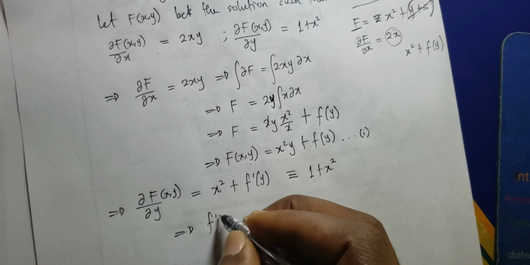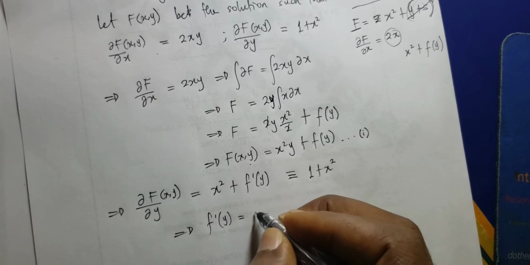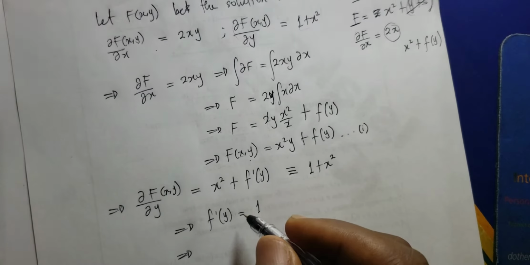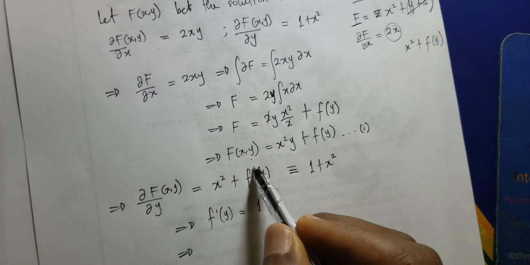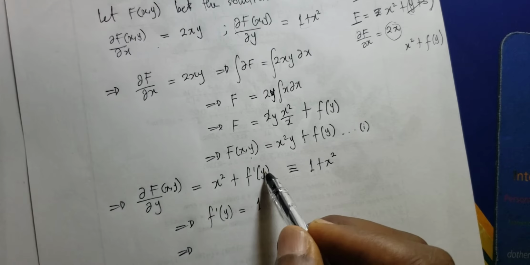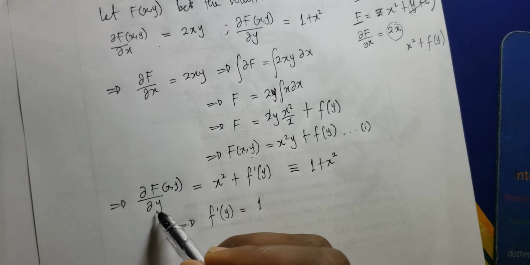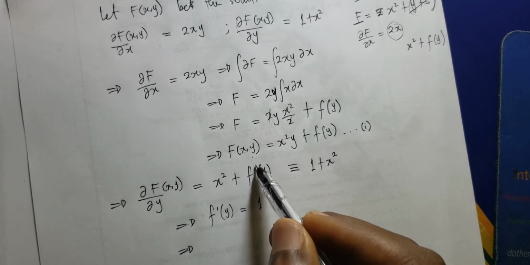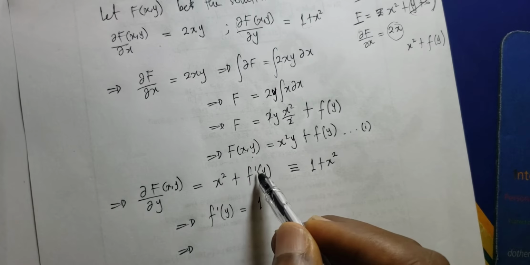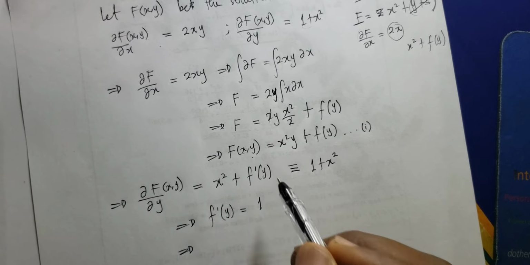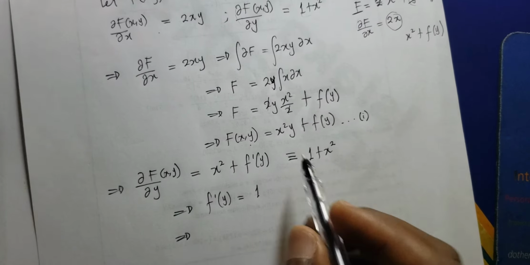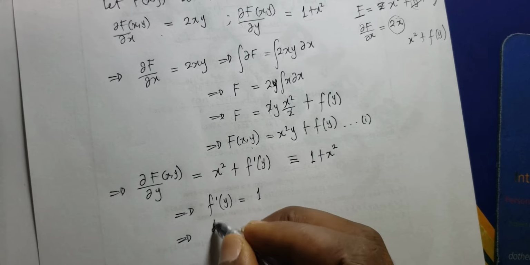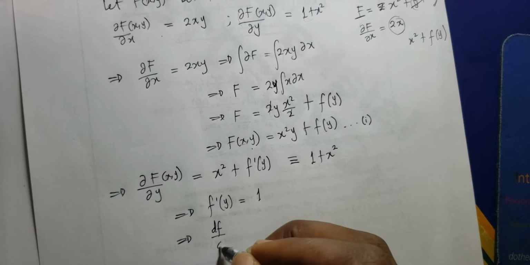So we know that f prime of y is equal to 1. In this case we have differentiated; this one is a derivative partially with respect to y, and this depends only on y, so that's why we could call it f prime directly. That's df/dy, because in this case this depends only on y, so it is not some partial derivative. So basically what we have here is simply saying that df/dy